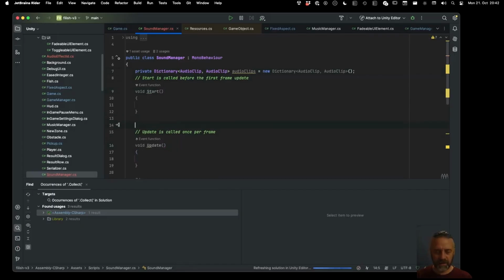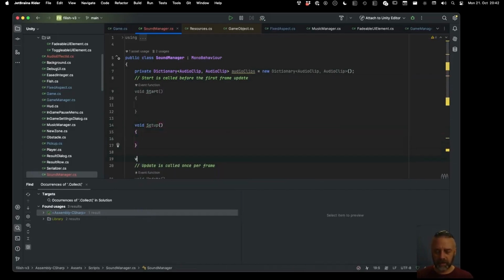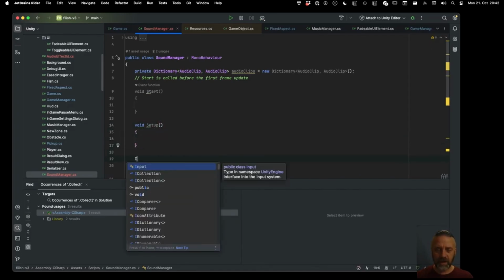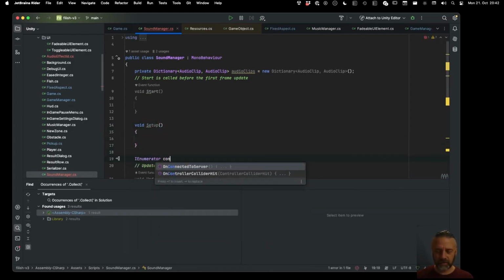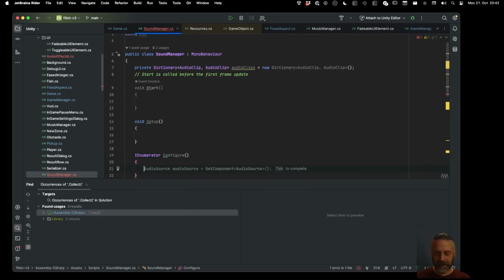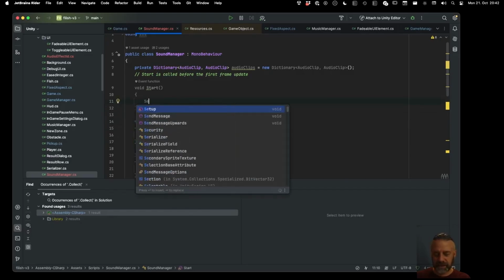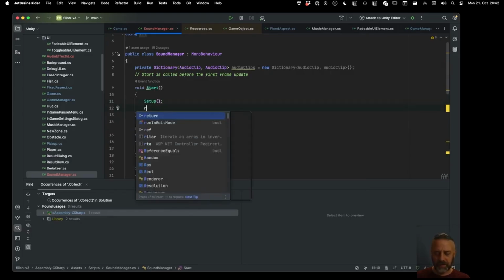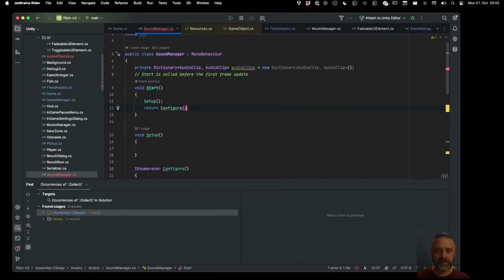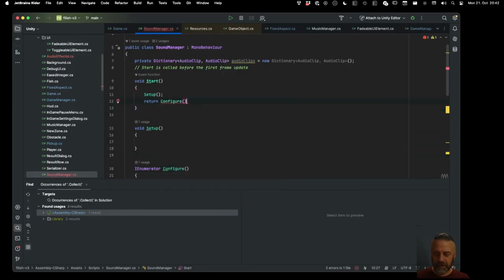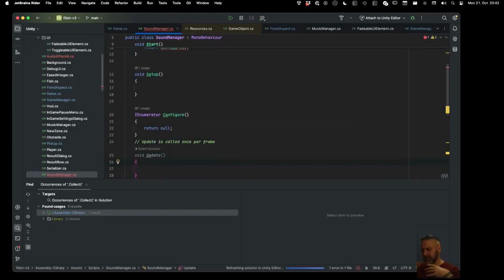And then we have a void setup and I enumerator configure, and let's just return null for now. And this is setup and return configure, right? Semicolon. Yeah, this probably should be async await instead of coroutines, but